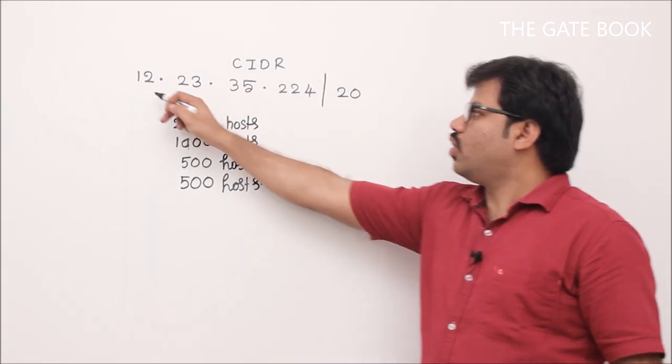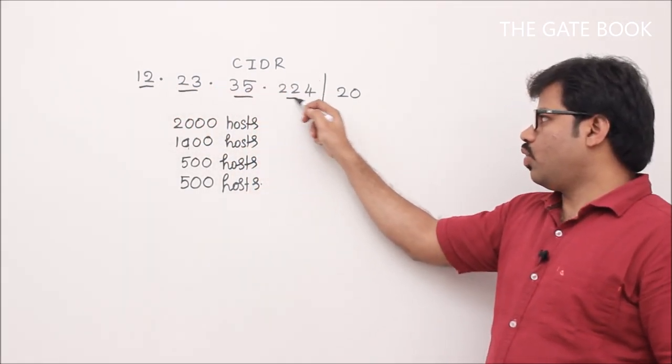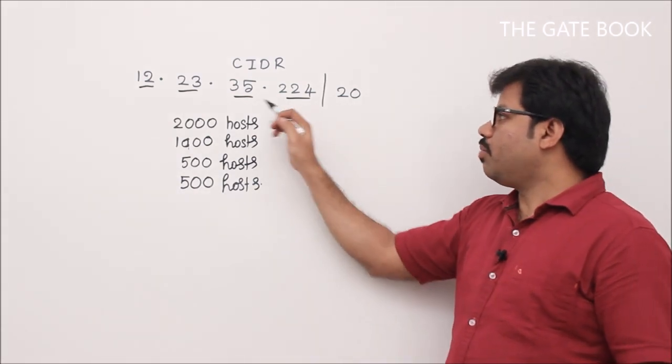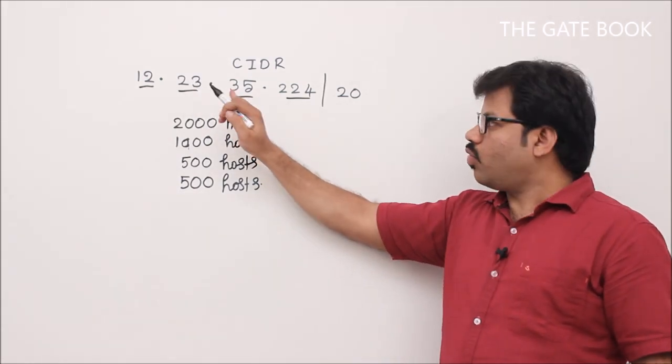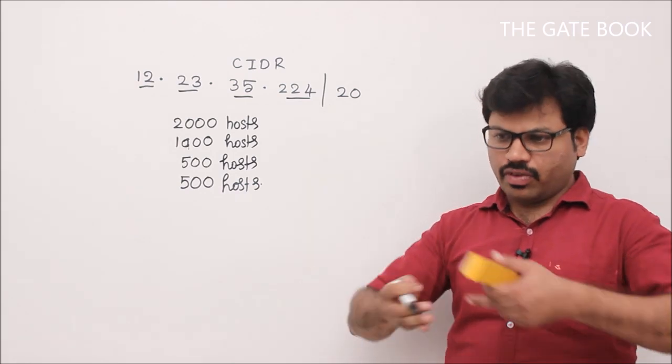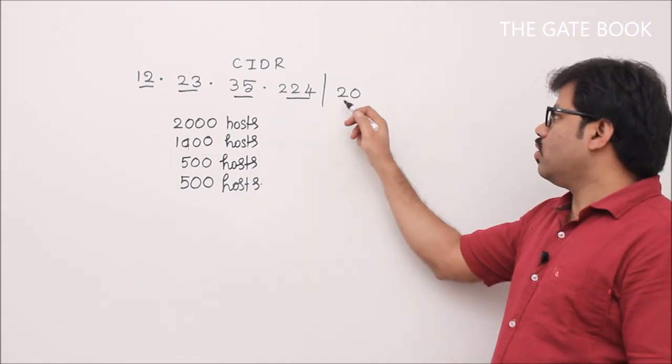CIDR is given 12.23.35.224. Remember one thing, this may not be the network address. Okay, this is one of the IP addresses in the given addresses. That's it. So now if you want to know